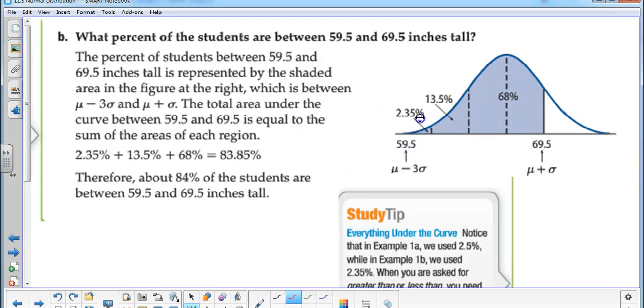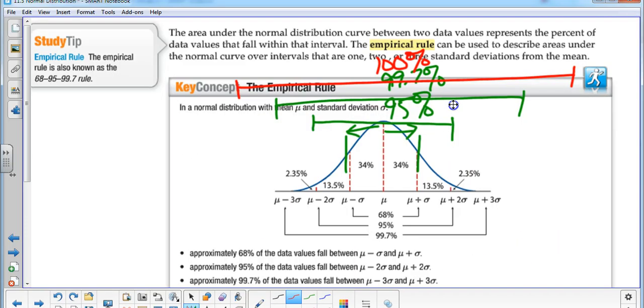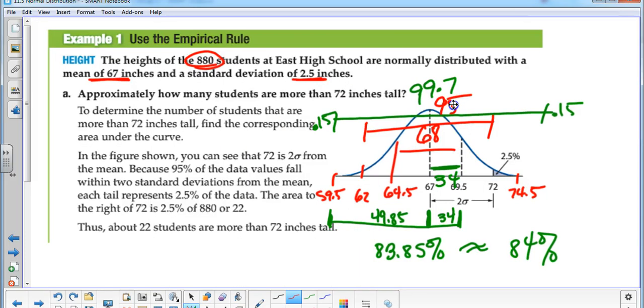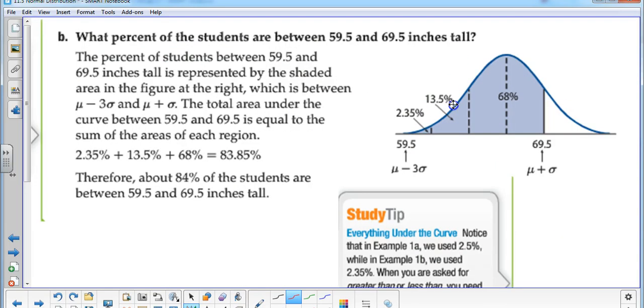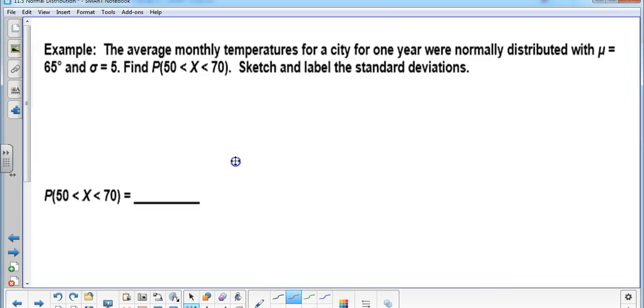Okay? If you look at the little chart on your paper here, it says 2.35, right? It's that little dip at the end. So they added all that up. Got 83.85, or about 84%. And that's all they wanted, was the percentage on this one. All right, I'd like us to do a couple using this rule, and then we'll learn how to use the